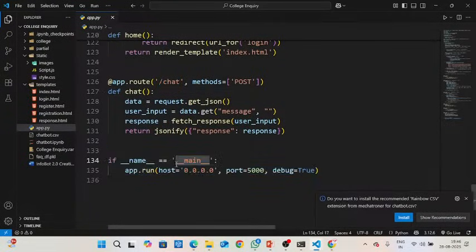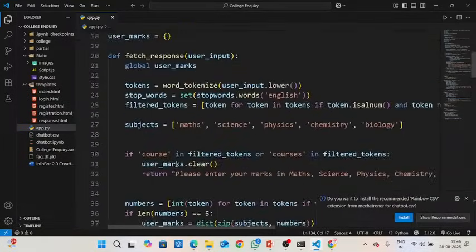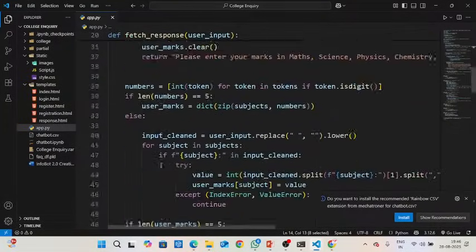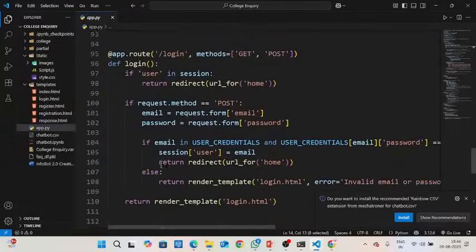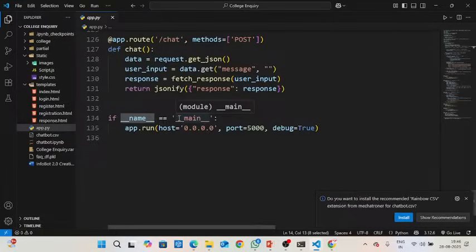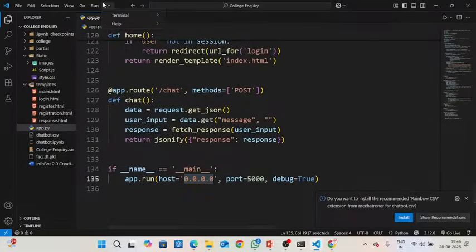Here I gave a name for my app. If the name is main, you need to run that file on the host 0.0.0.0. If you mention 0.0.0.0 you can run on any host, and the port number as 5000, and you mention debug.